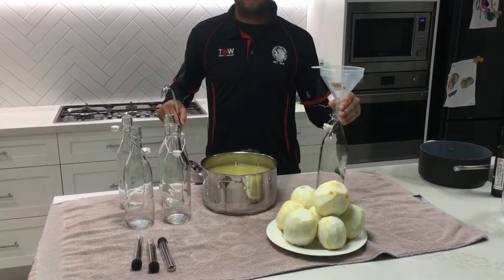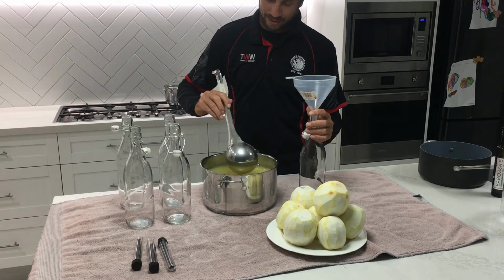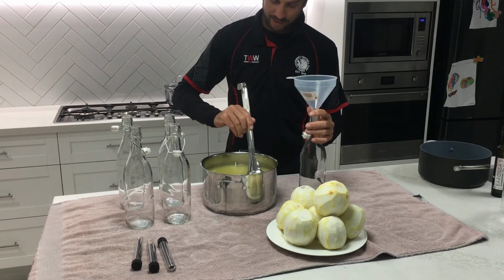And now for the best bit, bottling it. So we're just going to get a little ladle here, give it a stir,